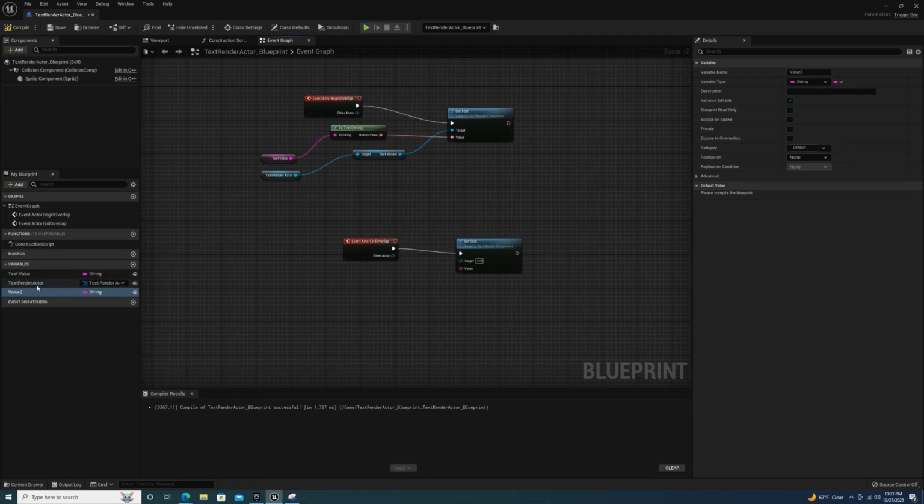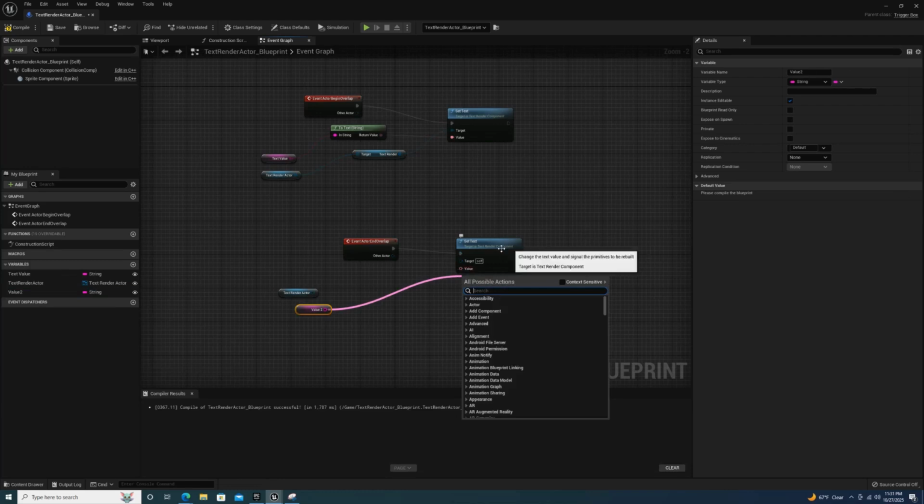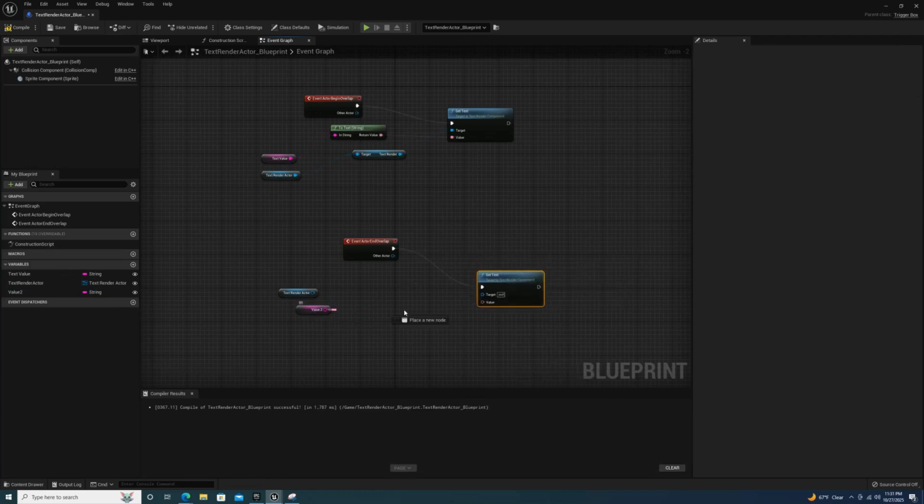So remember what we did, get text. We got the value, so get value 2. And then we'll just connect it as we did earlier. We'll connect the value, boom, or will it let me connect the value? Boom, text render actor, target, and I like to make it look all nice. And then we will compile